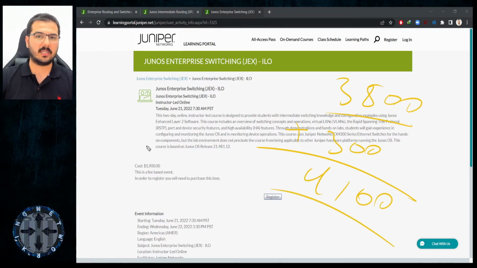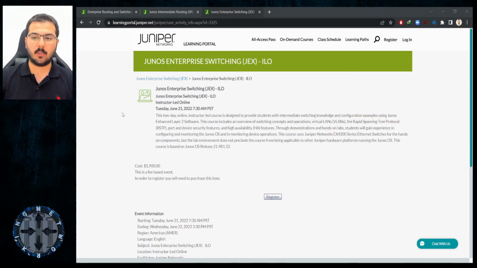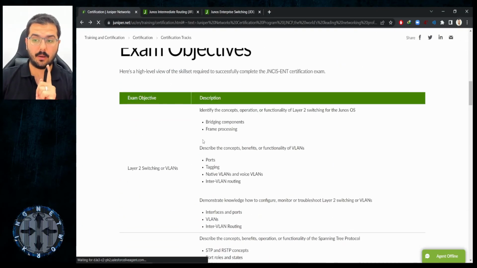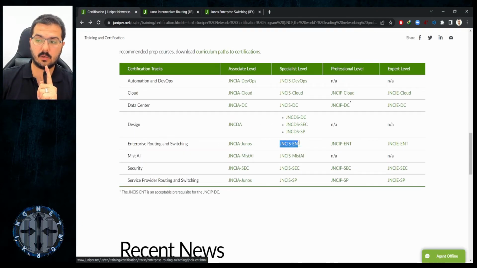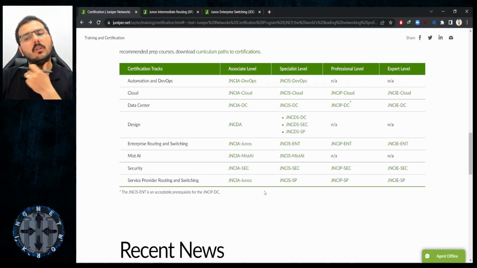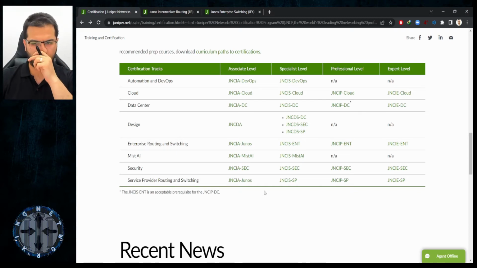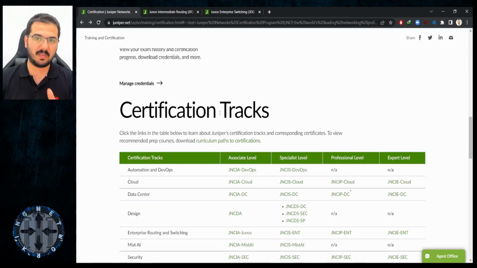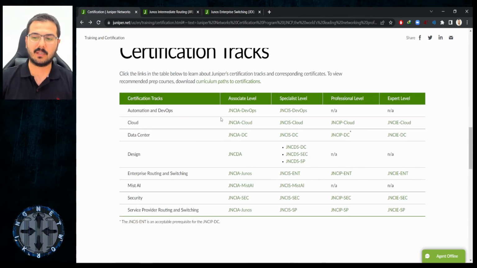to become certified with JNCIS-ENT, and then we will need to find a good job that pays well to recover what we have paid for that one single certificate. If you want to become really certified with a lot of these, you need to prepare some, what do they call it in America? Grants. Five grants, four grants, they call it like that, like $5,000, something like that. They call it big grant, small grant, they have different namings in the USA. So this is the idea with it, unfortunately.